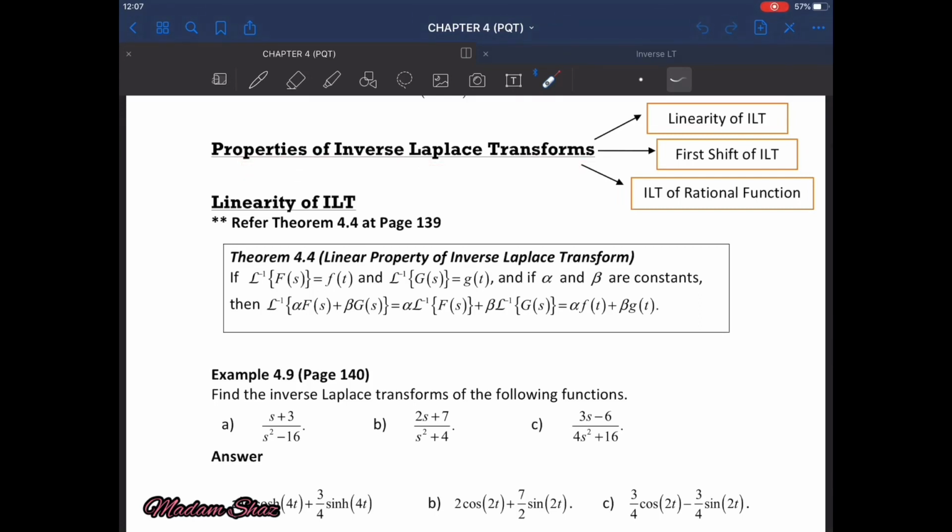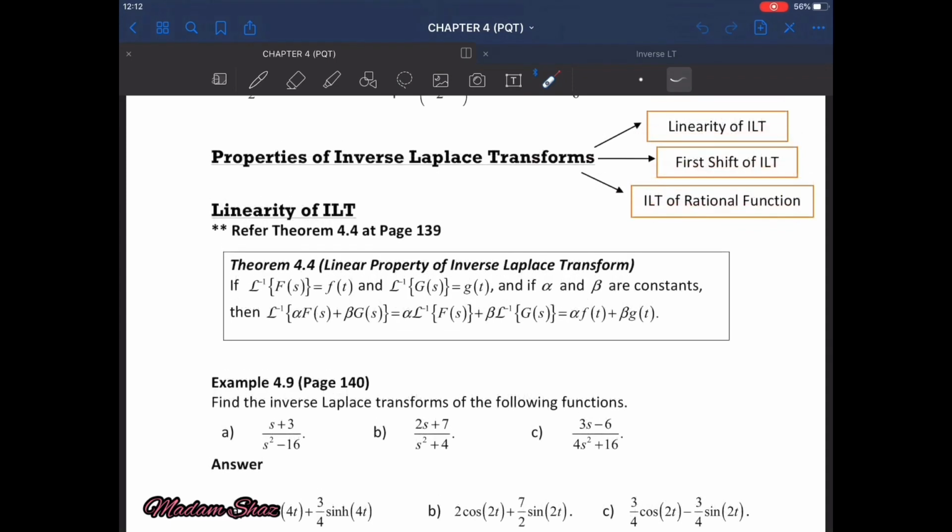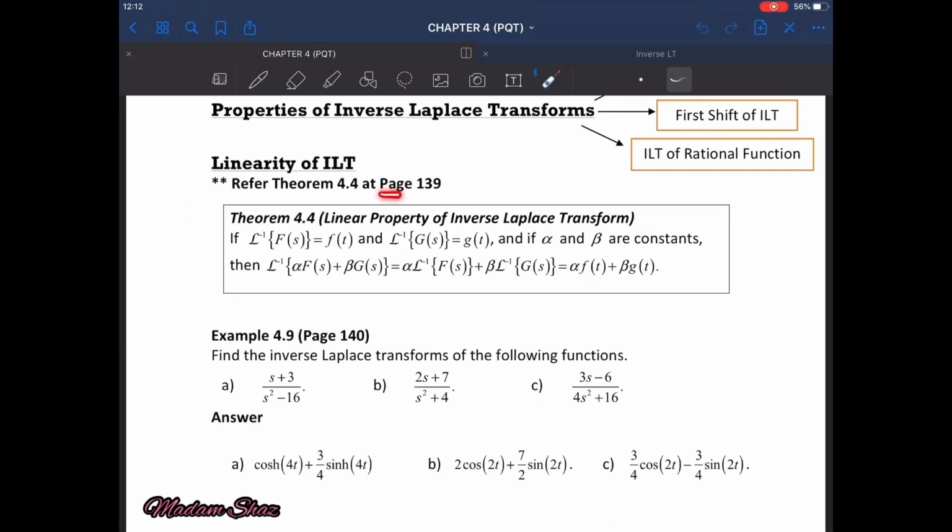So there are three properties for the inverse Laplace transform. The first one is the linearity of the inverse Laplace transform, the first shift of the inverse Laplace transform, and the inverse Laplace transform of a rational function. For the first property, linearity of the inverse Laplace transform, you can refer to the textbook page